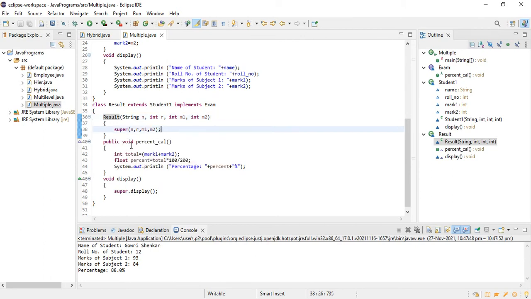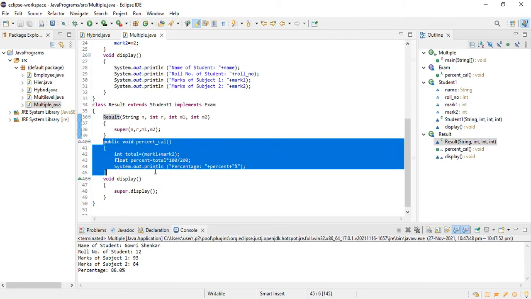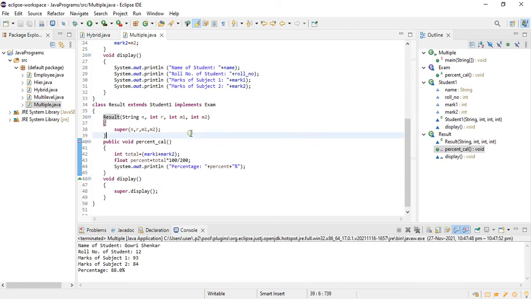I just take the values from my parent class directly. And here I have an implementation for my percentage calculation method, which I declared in my interface. I calculate the total by adding the two marks, and I calculate the percentage by taking total divided by 200 multiplied by 100, because I have only two subjects. I print this value using System.out.println.